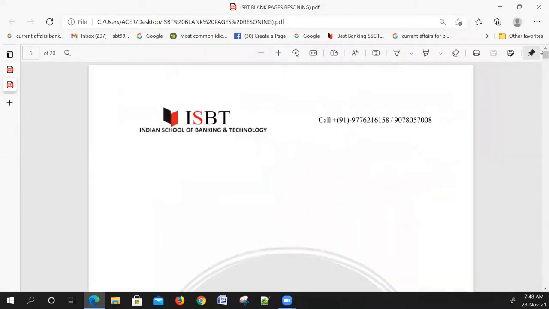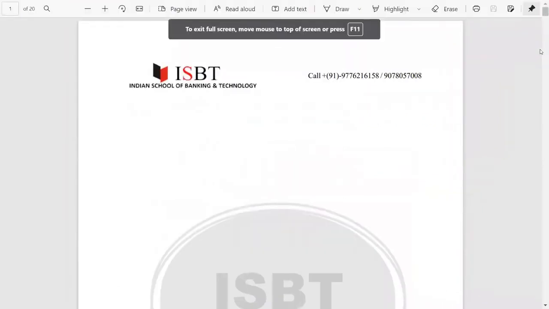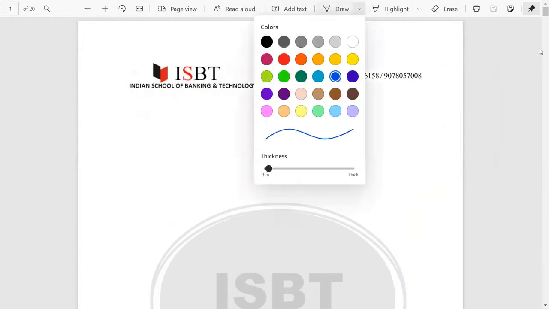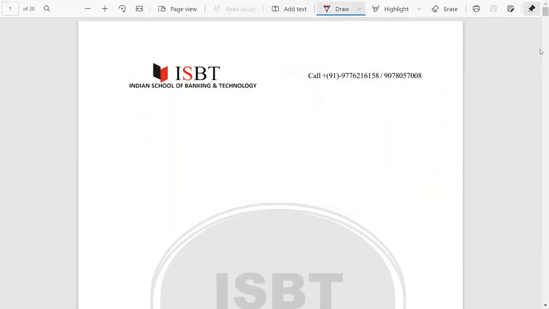Now start the chapter letter number series. Letter number series, that is known as alphabet series. Okay, it's a very interesting chapter. Some questions come in this examination. The chapter is letter number series, the alphabet series. That is test of reasoning,